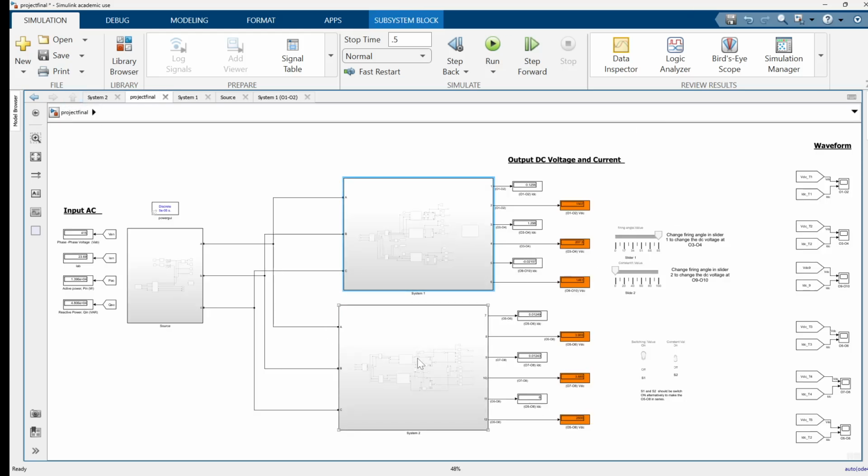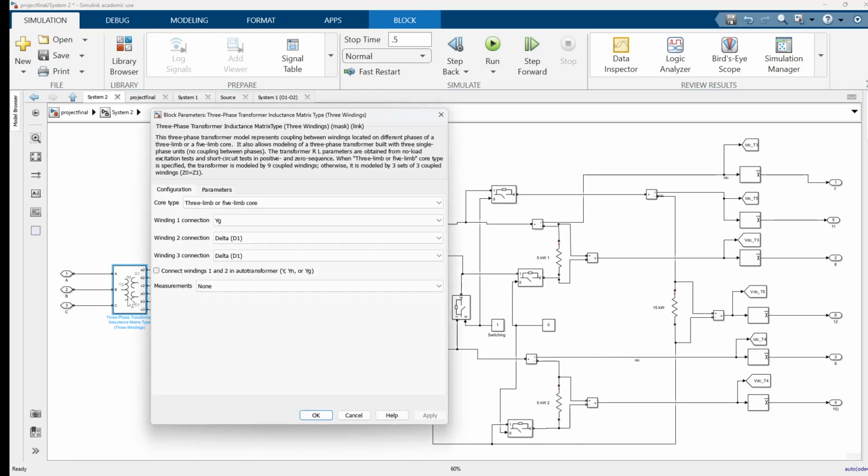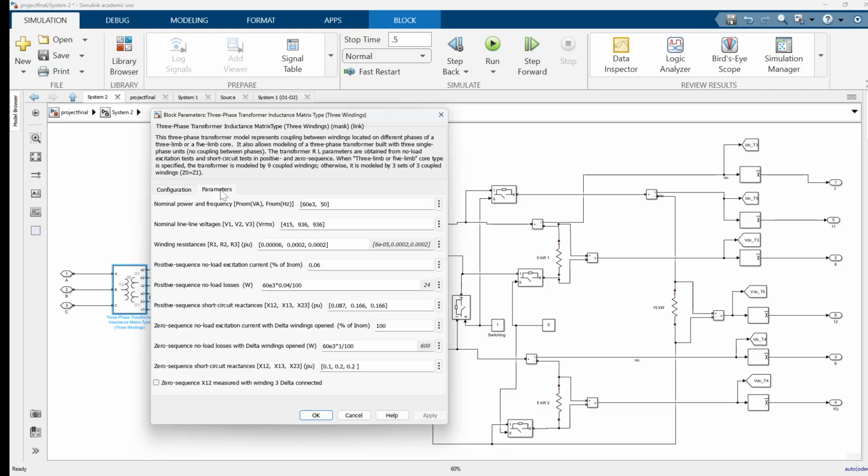Transformer number 2 is in the system 2, where transformer number 2 is also a 3-winding unit. However, the transformer primary winding is connected in star, and the two secondary windings are connected in delta. Now the nominal power is 60 kVA and the frequency is 50. Then at the primary we are giving again 415,